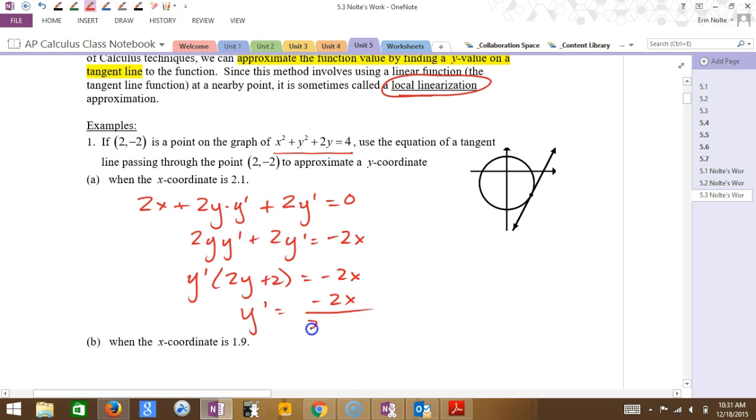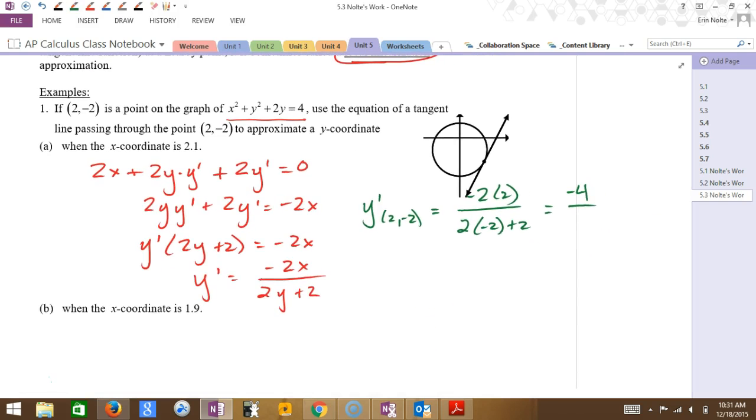So you absolutely can. You could simplify this by just dividing everything by 2. I'm not going to do it because I'm just going to go straight into plugging in the point. But if you feel like it's easier to simplify than plug in, then just go for it. So I'm going to plug in the point (2, -2), and that came out really nice. I'd have negative 2 times 2 over 2 times negative 2 plus 2. So we get negative 4 on the top over, what's that, negative 2? So